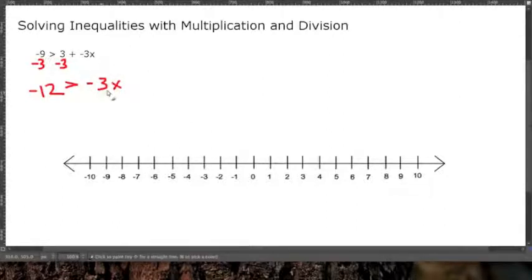So now we're going to divide by a negative 3. But there's a trick to this. Whenever you multiply or divide by a negative number, you have to switch your inequality sign. So now,